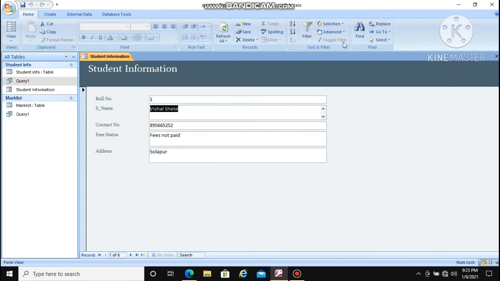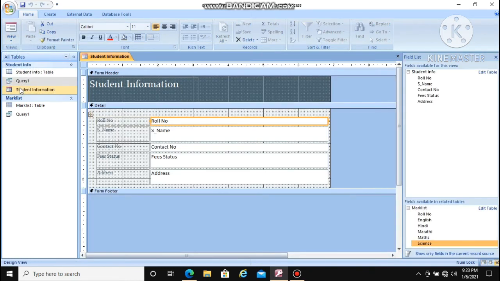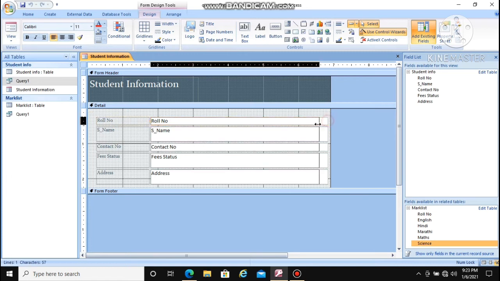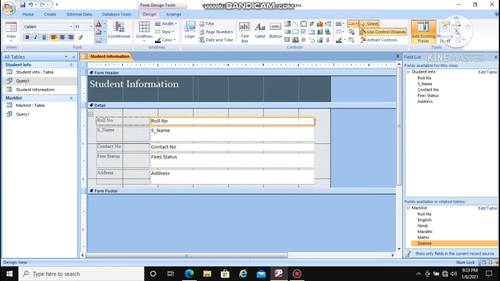If you want to make changes in this, you have to click on the design view, then you can see the changes here. Just suppose I want to decrease the size of this text box, then what I will do, you can see that two-headed arrows are there. You just have to drag it.